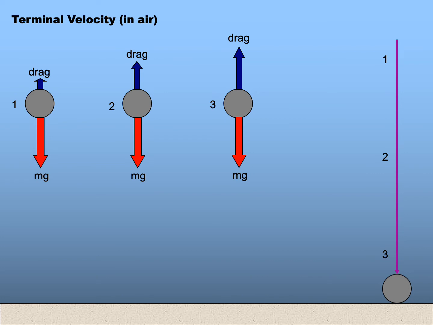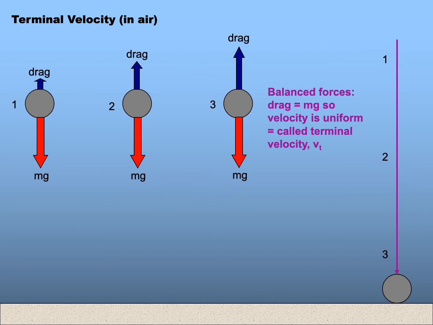So the biggest the drag force can get is to equal the weight, i.e. to balance the weight. So we end up then with balanced forces, and in this case the drag force equals the weight. Balanced forces, as you know from Newton's first law, results in a constant velocity. And this is a very special constant velocity called the terminal velocity, v subscript t. It's called terminal because that's what the velocity ends up at when any object falls